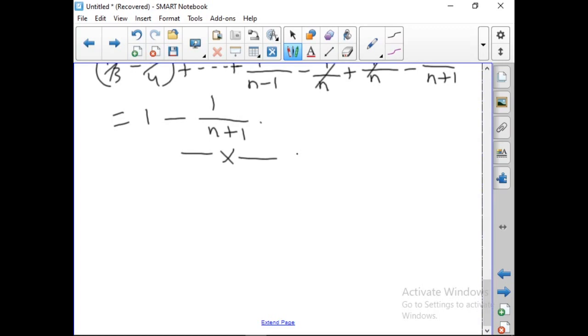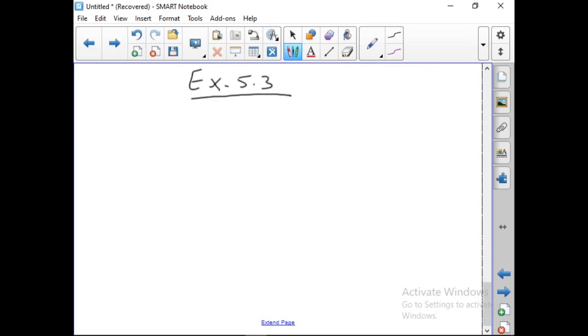Okay, now we will do a few problems from the exercise 5.3. Third question you have done already in 10th standard. Okay, so third question you can take it for homework. First and second question we will see in tomorrow's class. So I'll start with the fourth question. So what is fourth one? Compute the sum of first n terms of